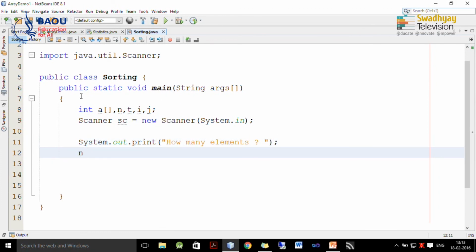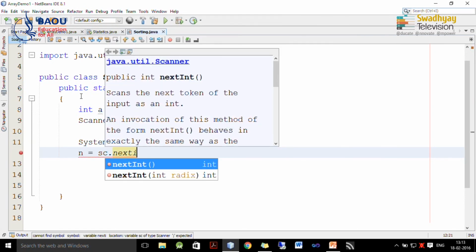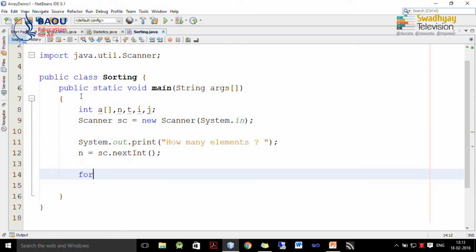So, we can store this value in n. Now, we start reading data, but before that we have to allocate memory inside A. So, we write down A is equal to new integer and the number of elements we require is n.